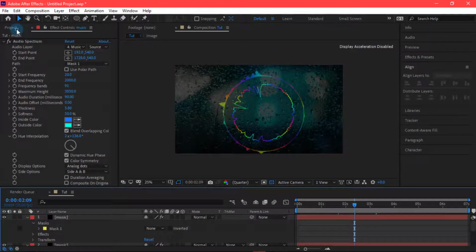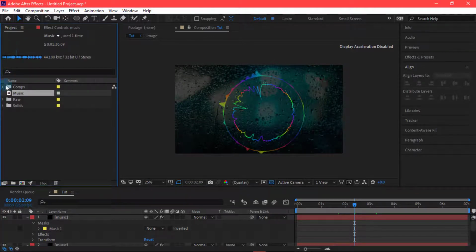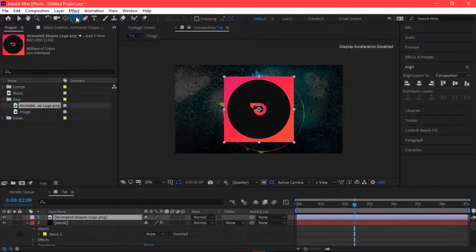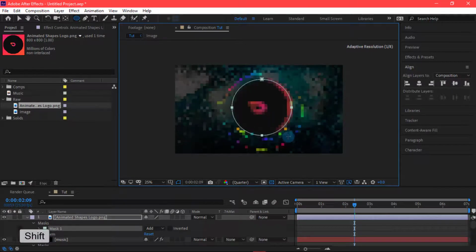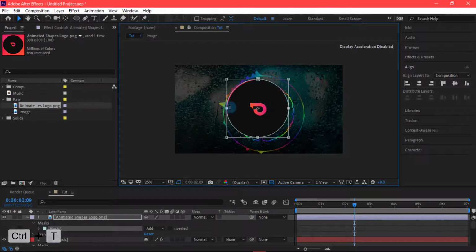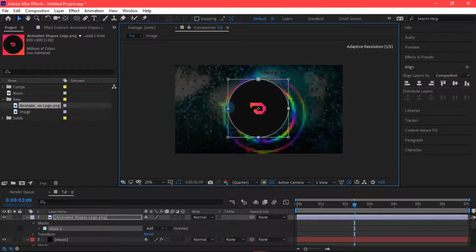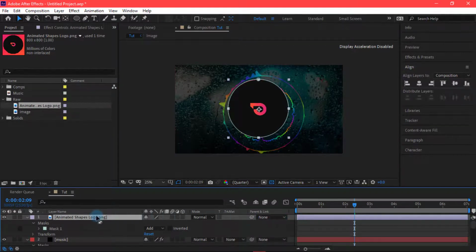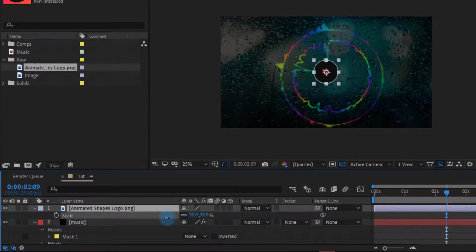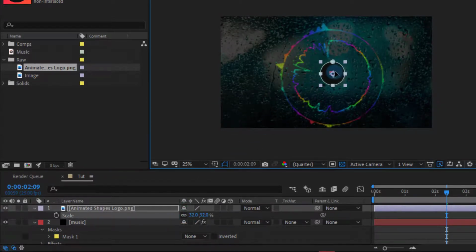Now the last thing you need to do is go over to your project and open up the raw here. I'm going to import my image right there, so I'm just going to drag it here. Now I'm going to make sure to mask it, so hold Shift and mask it. For example, like this, I've just masked it roughly. Now press Control or Command T and quickly adjust it like that. So yeah, looks fine. So we got our logo right there. Now hit S on your keyboard to scale it down a little bit. For example, we are going to need this kind of logo here. Now keep it at the center.